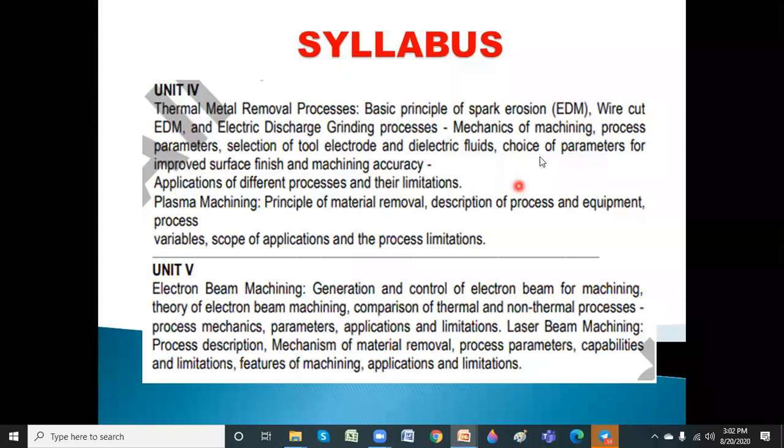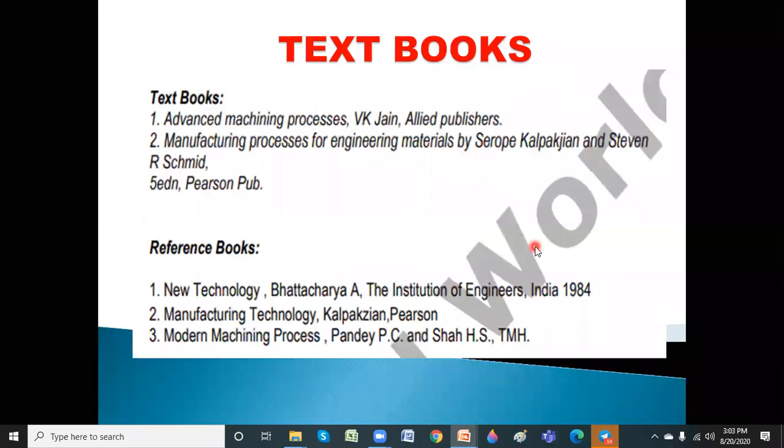So obviously we will be using modern manufacturing processes. Nowadays everything is robotic control: electric discharge machining, grinding, everything using a robot, because the tool is fed to the robot arm, and the robot operates all of these. Finally I get the assembly unit, and finally the finished product. So this is about the entire syllabus.